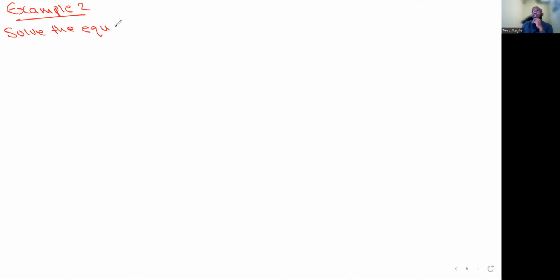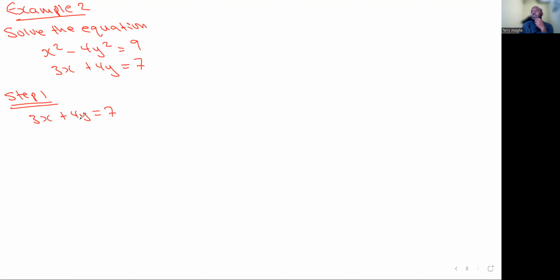So we're having to solve the equation, okay? We have x squared minus 4y squared is equal to 9, and we have 3x plus 4y is equal to 7, okay? So step 1, we need to make one of the variables the subject of the formula. So like I said, I always pick the simple one, and I'm biased towards y. So that will give me 3x plus 4y is equal to 7, okay? And I'll take 3x to the other side, so it's going to give me 4y is equal to minus 3x,